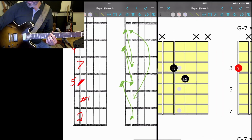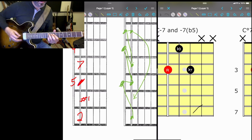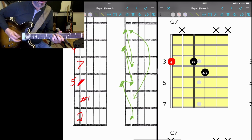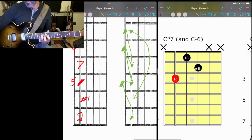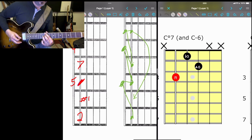Now we got our half diminished shape. So the bridge goes to here. 7 half diminished, or 7 minor 7 flat 5, 3 dominant, or, you know, our 5 of 6, a secondary dominant, and then E minor. Where is it? There it is. And to do diminished, up here there's the sharp 1. So A minor 7, D 7, G major 7, C major 7, F half diminished 7,